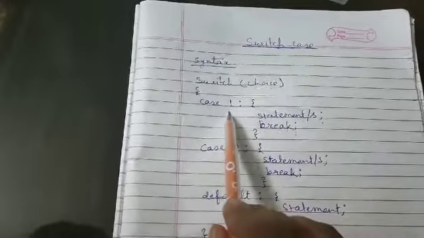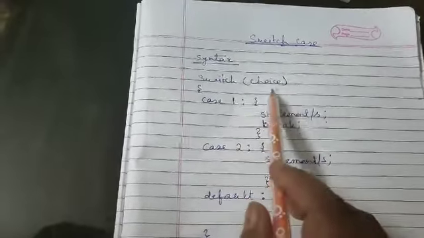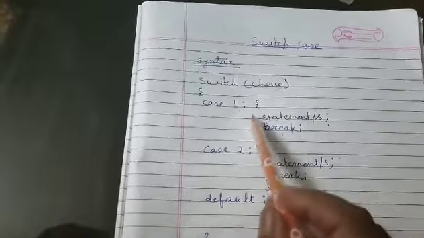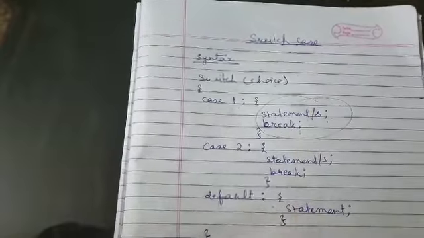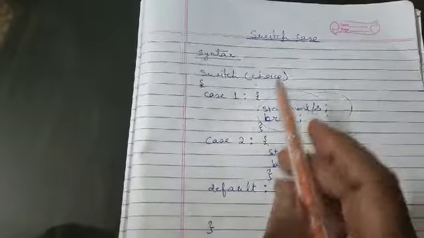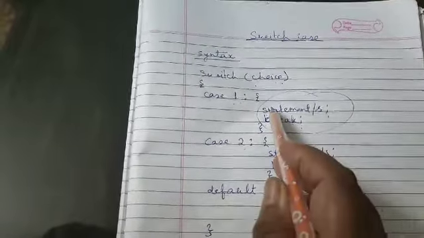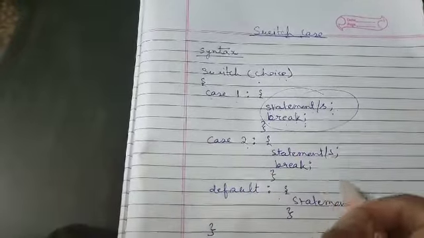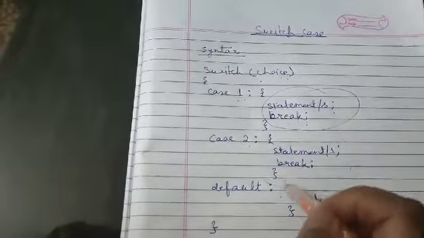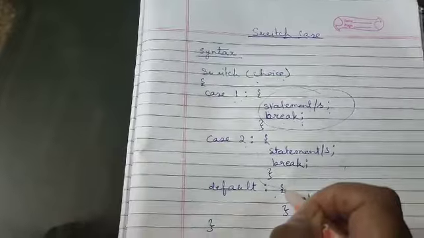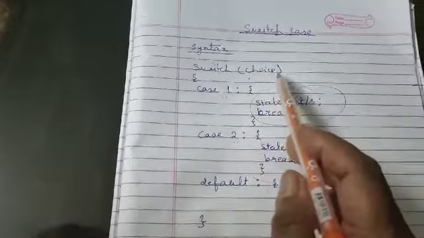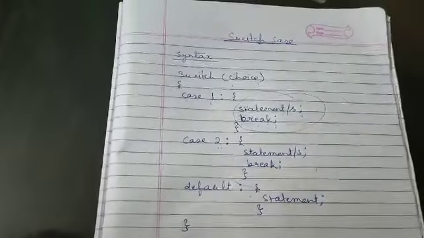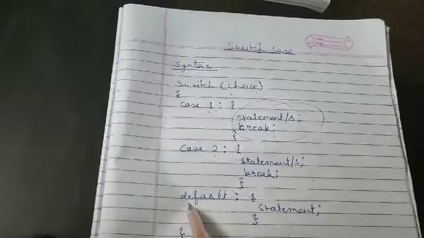So if case 1 is equal to the choice, that is choice is equal to 1, then it executes only this part and does not come to the other part. If the choice is 2, then it comes to this part and does not go to the other part, and whatever statements are there are executed. If you have not entered 1 or 2, and might have entered 3 or 4 or some other number, then it goes to default.